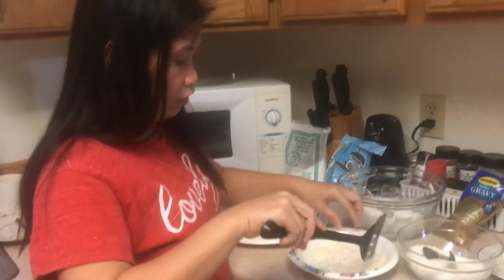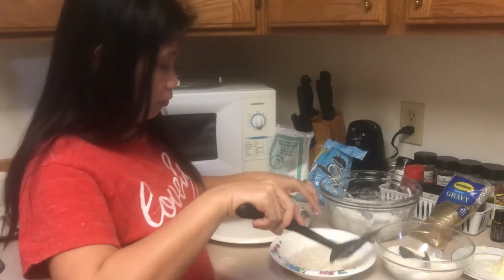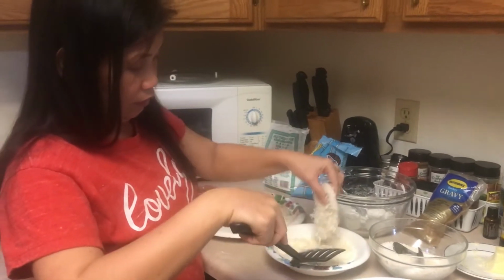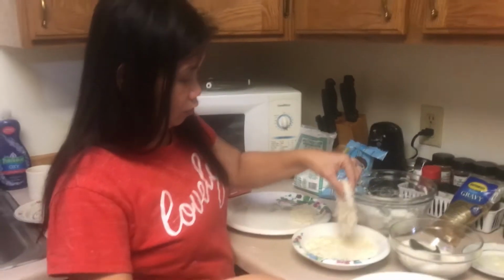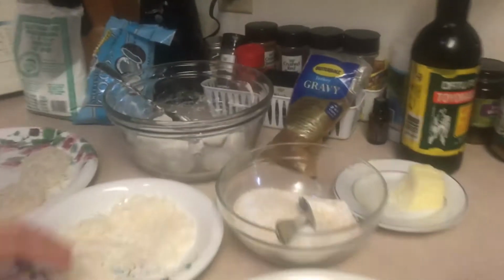This is a sticky rice. If you have sticky rice, you can grind it and it becomes like a glutinous rice flour. Yeah, ito ikuha. Hindi na nabuhay yung